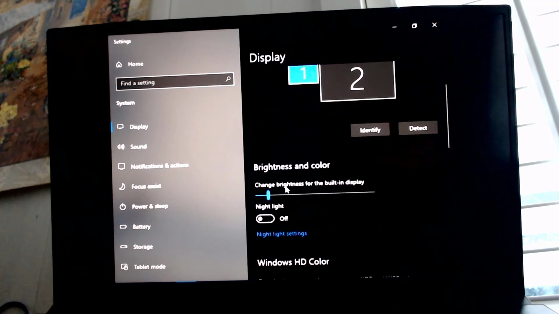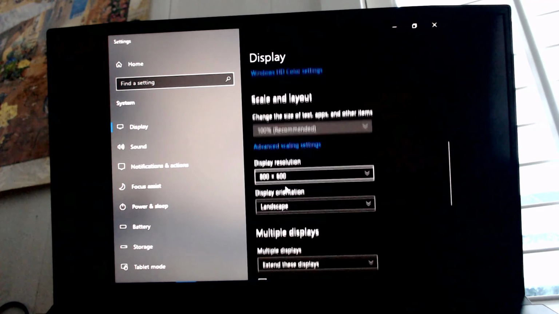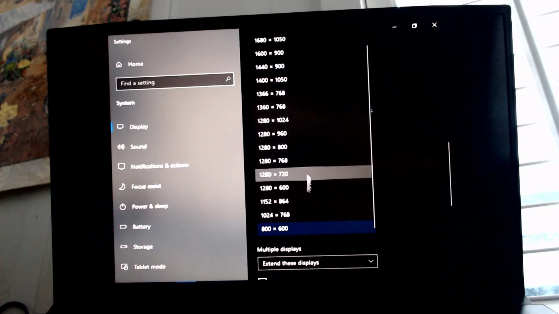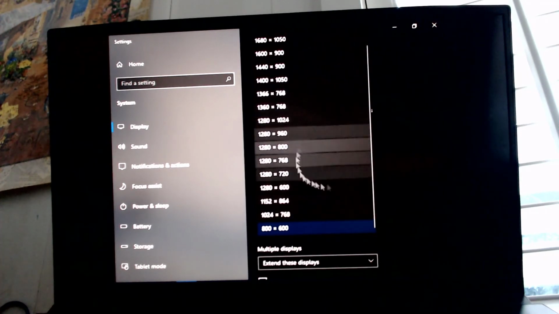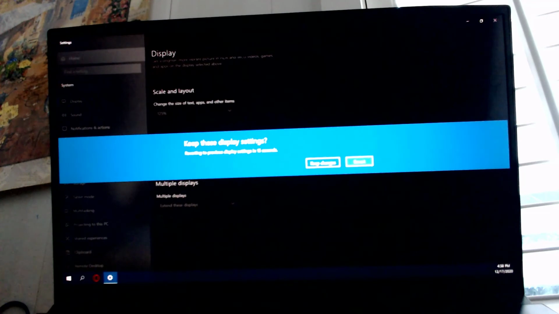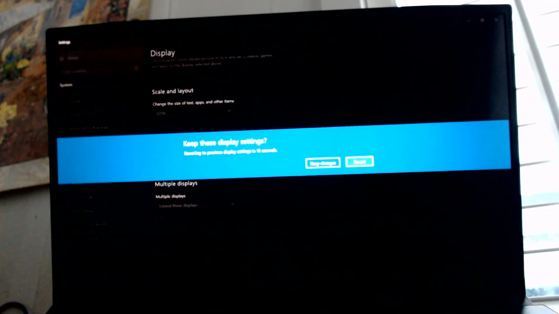And then what you're going to do is go down until you get to this display resolution setting. From there, what you want to do is, no matter what it's on, it can be on any of these, go to the top and set it to the recommended one, or whichever one has the recommended words next to it. Click that, press Keep Changes,